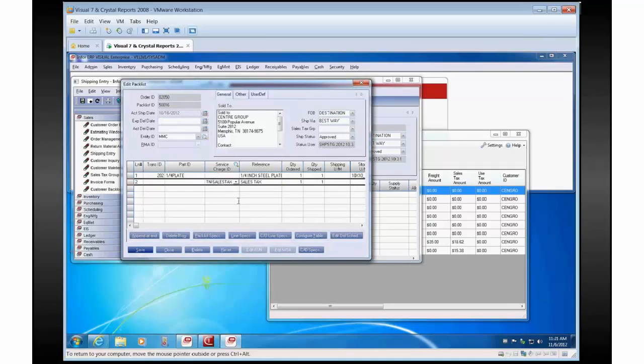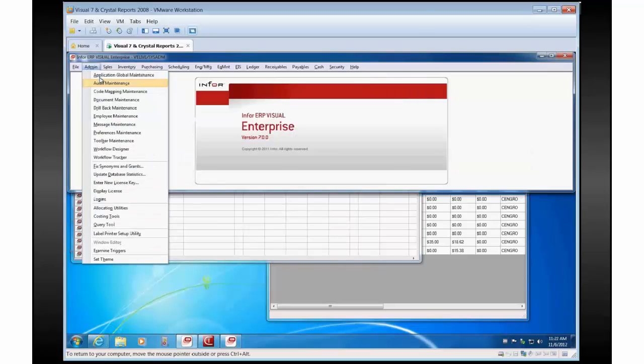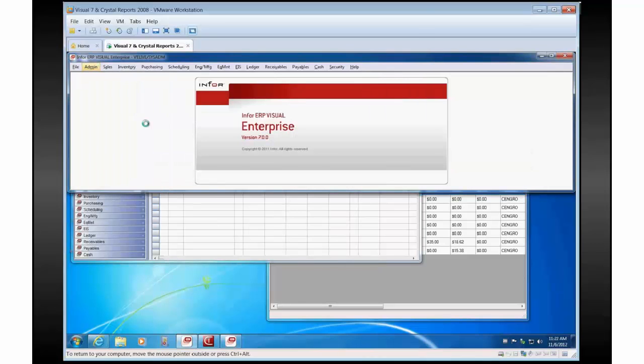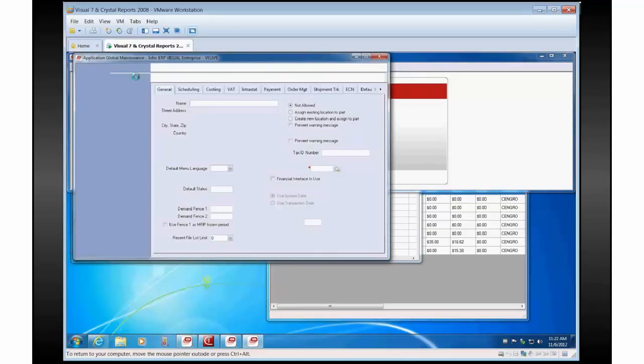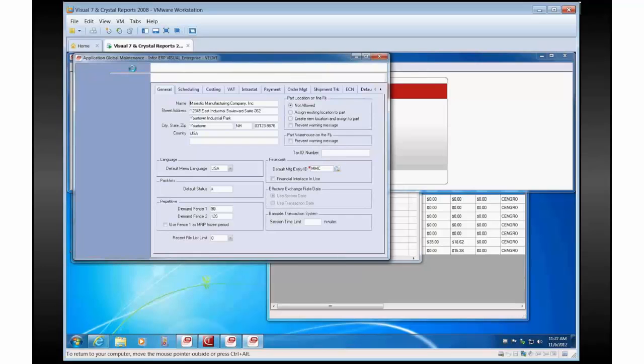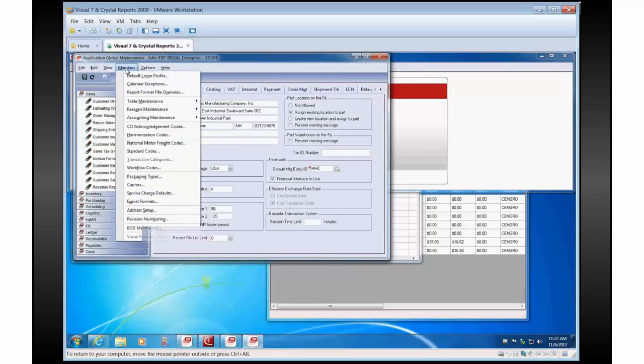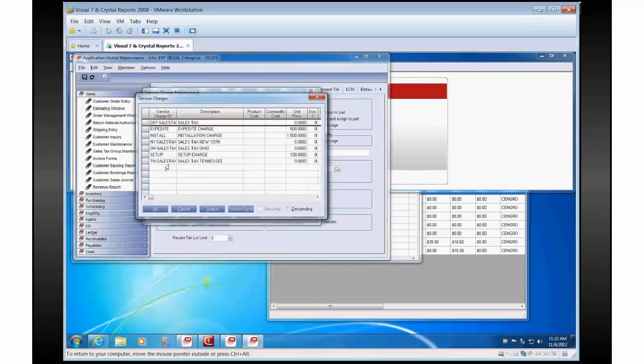Now, the way this is actually figured out is we're looking at the ship to state, and if you go into service charge maintenance, we've defined service charges in here. And presumably you'd set up one of these for each of the different states you have nexus in. So we'll go to service charge defaults here, and you'll see I've created a few of them. So I had one called NY sales tax, one called OH sales tax, one called TN sales tax, and then